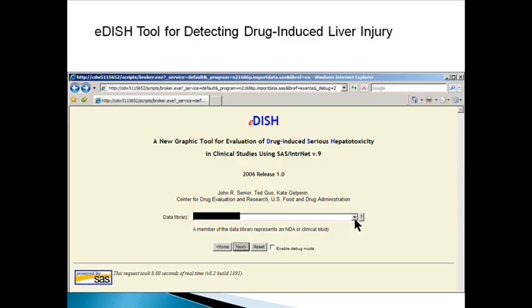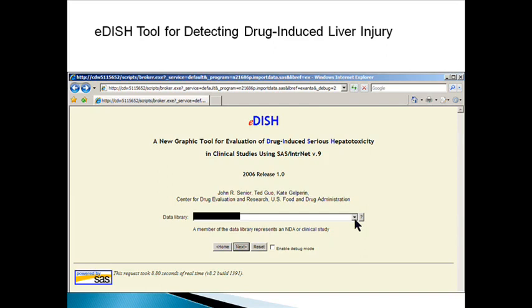This is another tool that we're working on making accessible to reviewers. It's called eDISH, and this is a different kind of tool than the script launcher. The script launcher is very open-ended, and we can import analyses that reviewers create into the script launcher and make them available to reviewers. So there's a lot of potential to expand it as we identify key analyses and best practices that are desired